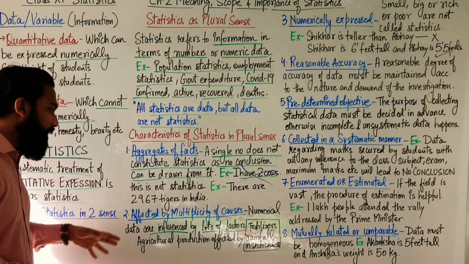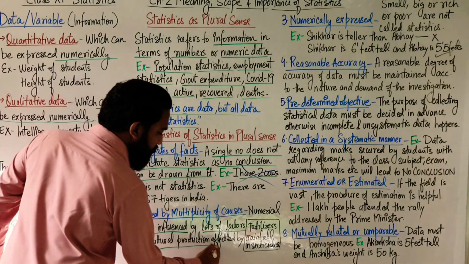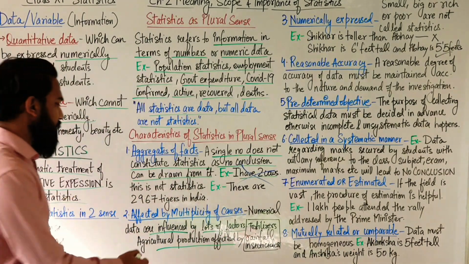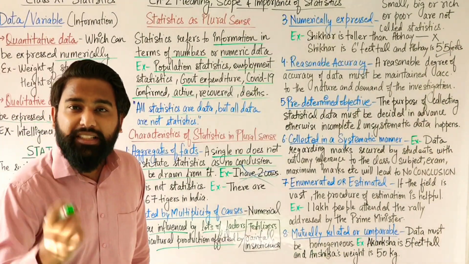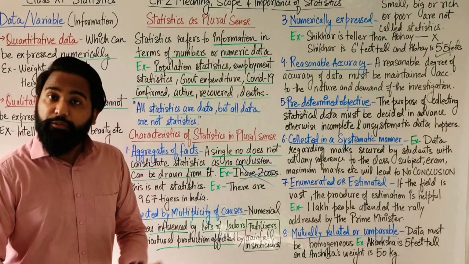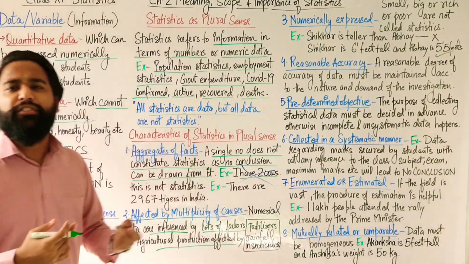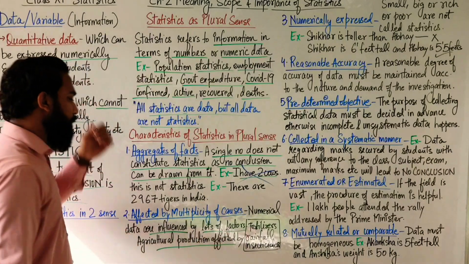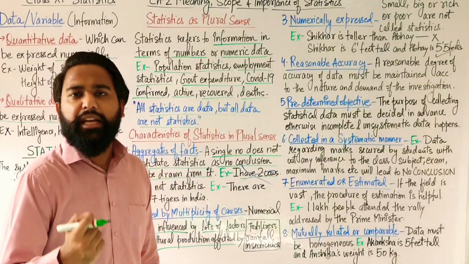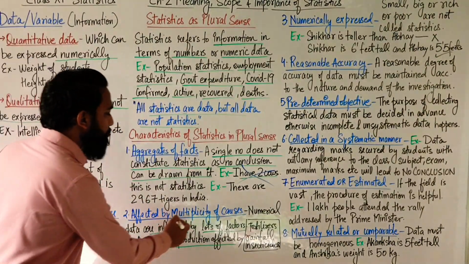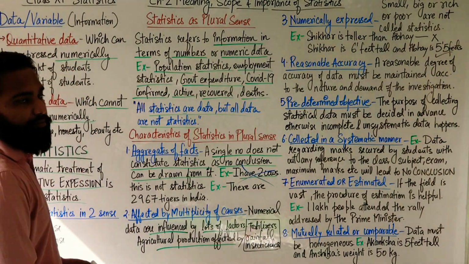Now, let's come to the topic. Numeric data are influenced by lots of factors. For example, agricultural production of anything. Let's take rice. Agricultural production of rice can be affected by the quality of fertilizers used by the farmers, or the rainfall at that season, or insecticides, pesticides, manure, and lots of different things that affect the agricultural production of that particular crop. So any data is affected by multiplicity of causes. Is that clear, students? Okay, now let's come to the next one.